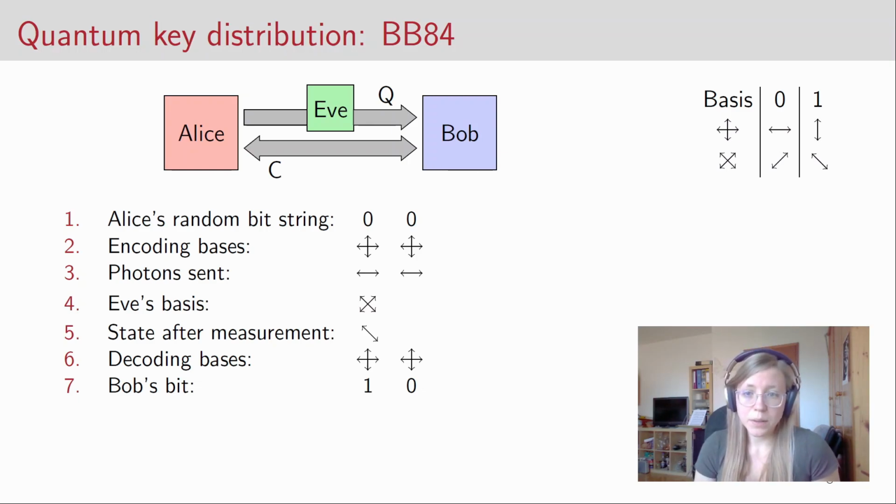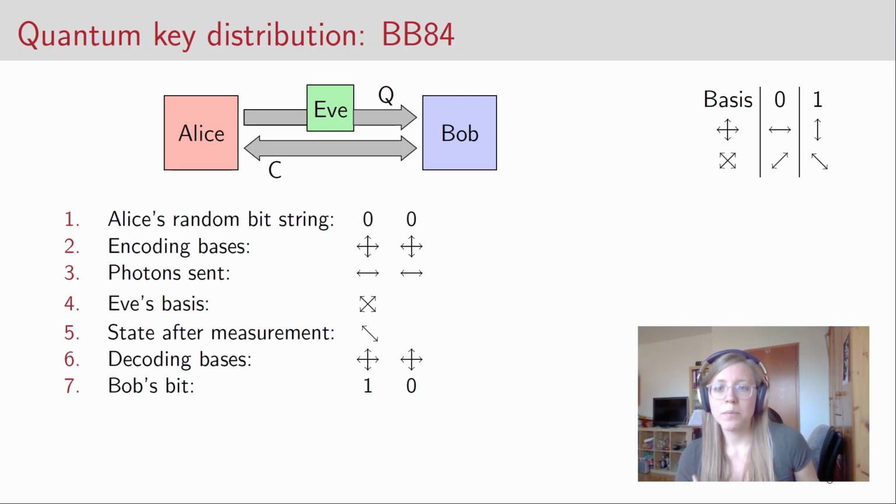So it is crucial that Bob also reveals some of the resulting bits, as you have seen before. In this case, if he reveals that the first bit was 1, Alice will see that even though they've chosen the same basis, they didn't get the same bit. So they know that some sort of eavesdropping has happened. And Bob has to reveal enough bits so they can get a rough estimate of how much information was sent to Eve. And depending on how much information was lost, they decide if they want to abort the protocol or if they still can get some key out of it.